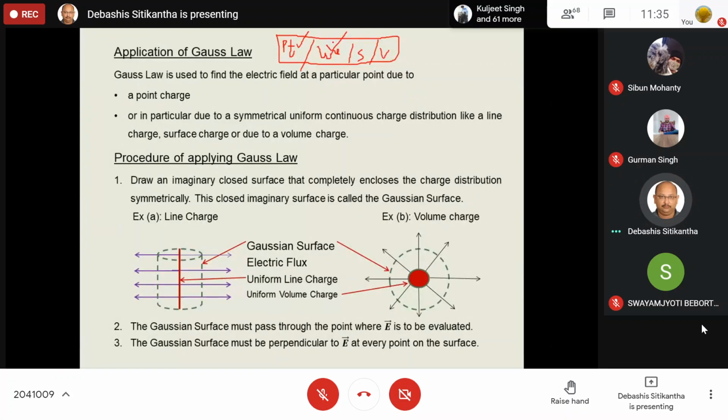But I hope by application of the first two steps, you can easily calculate the electric field for any of these configurations, whether it is a point charge, line charge, surface charge, or volume charge. And today, if time permits, we will also solve one, and I will tell you. Now write it down. I am giving only 2 to 3 minutes. 2 minutes. Please write it down. Once you have written, please tell me. We'll start.